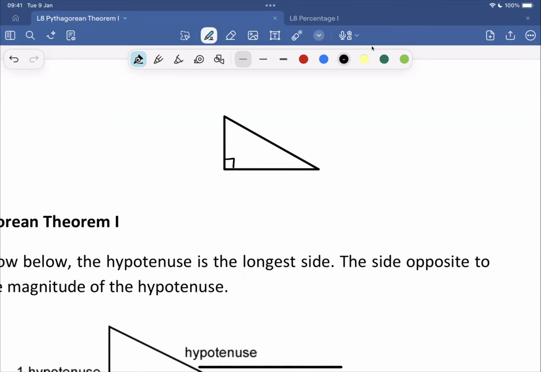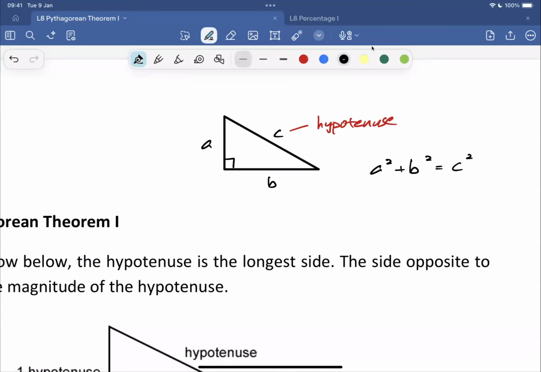so the two shorter sides, let's call them A and B, and let's call the longest side C. Now, take note that the longest side is always going to be C. And the longest side is called the hypotenuse. Hypotenuse, okay? Now, what's the relationship between these three sides? A squared plus B squared equals to C squared. That means the sum of the square of the two shorter sides will be equal to the square of the